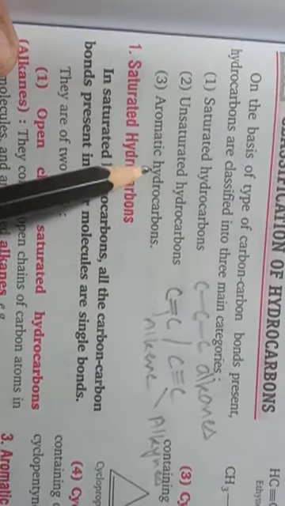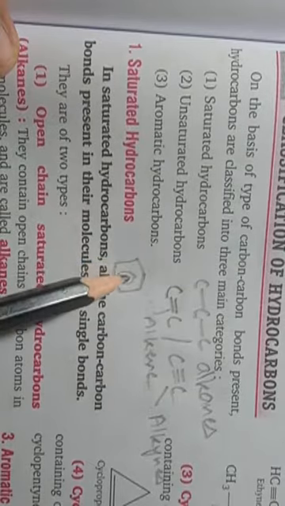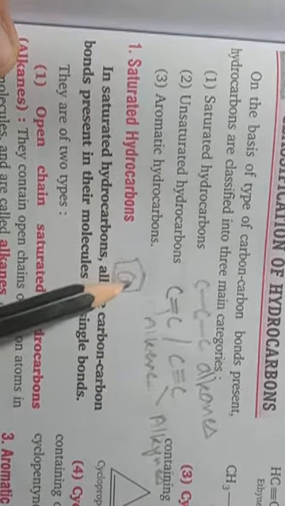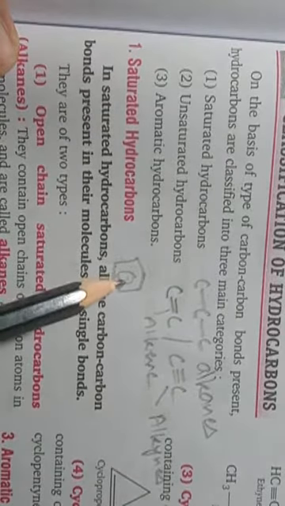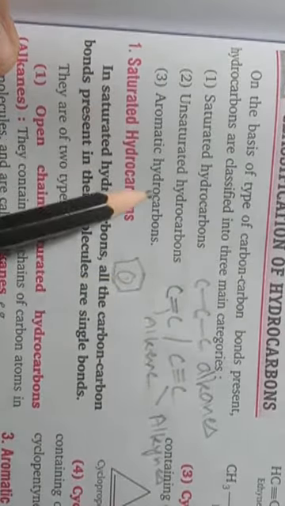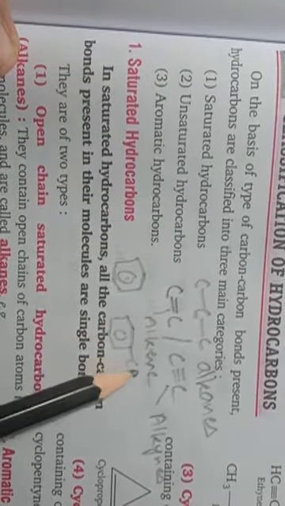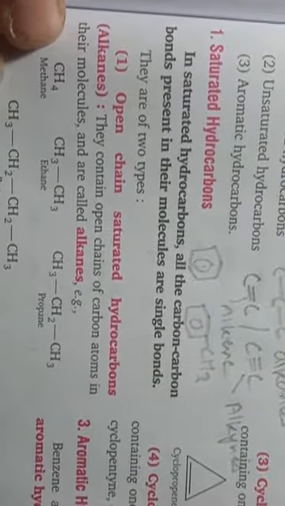And the last type is aromatic hydrocarbons. These are the hydrocarbons which have a benzene ring. So students, benzene and its derivatives, which are made up of only carbon and hydrogen, are the examples of aromatic hydrocarbons. Benzene itself is an aromatic hydrocarbon, and the next example you can take is toluene, the methyl derivative of benzene. This is also an aromatic hydrocarbon. Okay students, then